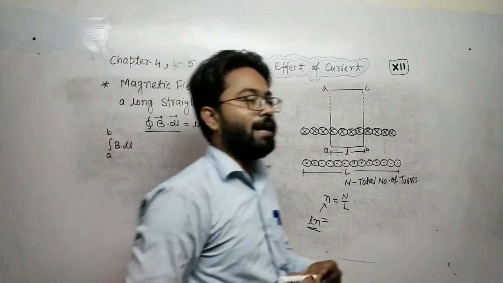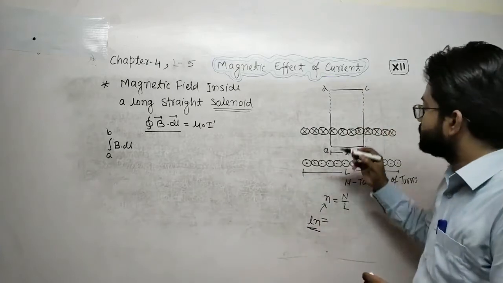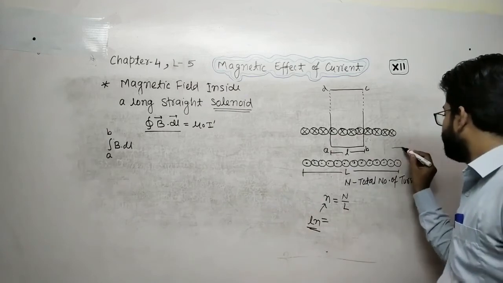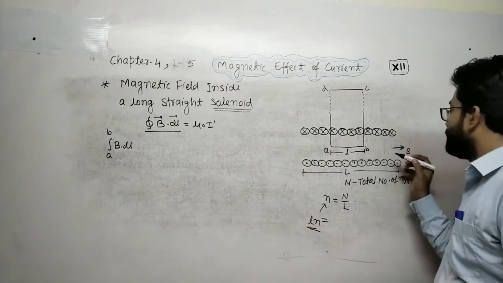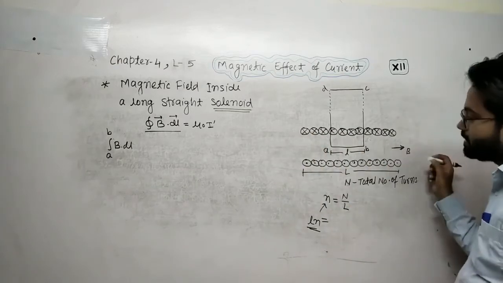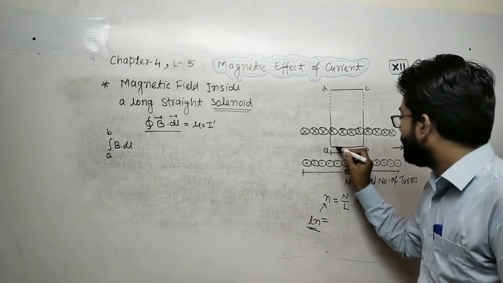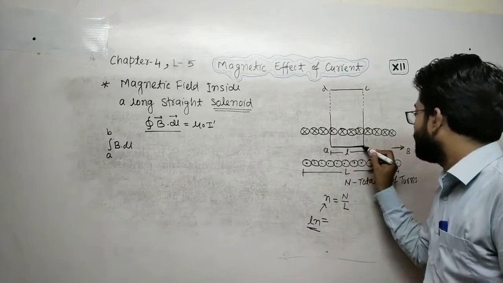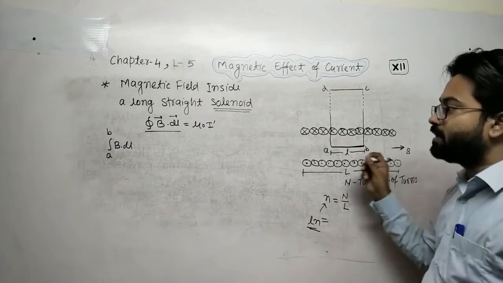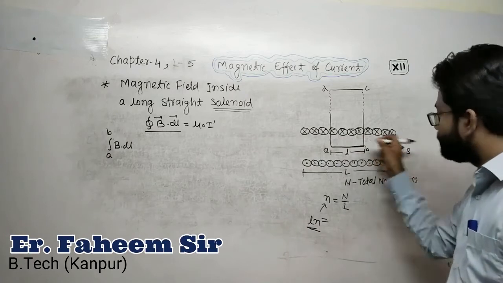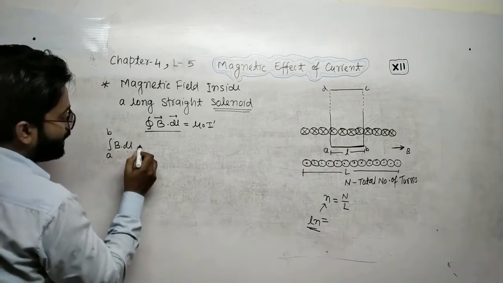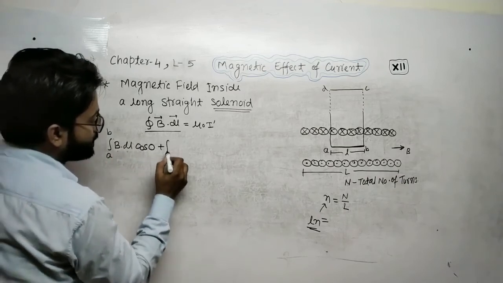What is the direction of the magnetic field? Let us suppose the current is in this direction, that means the magnetic field will be in this direction. If you reverse the current, then the magnetic field will be in the opposite direction. Let us suppose the magnetic field is in this direction. The length is in this same direction, so the dl element has the same direction as the magnetic field. That's why we have taken integral B dl cos 0, plus